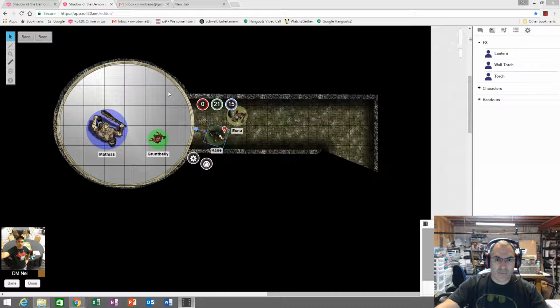Now, what you're seeing on the screen here isn't what was on the screen at the time, since this is the aftermath of the adventure. But I'm trying to recreate as much as I can for visual purposes. So when they encountered this room, they immediately thought it was a bit suspicious because the entire room was mirrored. There were three shards on the ground and this floating golden bowl.